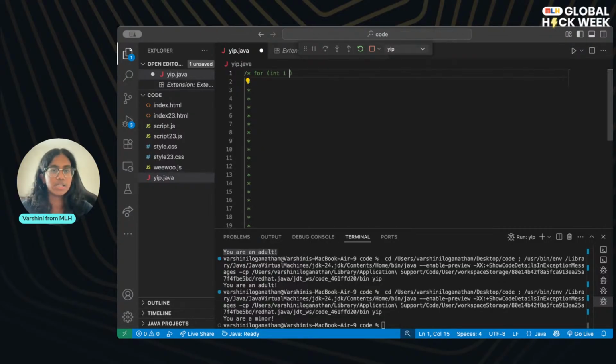So first we're going to declare an integer, and we're going to set it to like 0, for example. And then we're going to declare a condition where the loop will iterate. So I'm going to do i is less than 5. And then I'm going to add another semicolon, and I'm going to do i plus plus. So let me go over what each of these are. So this, you're setting the integer to something. This, you're doing a condition to make sure that the integer is less than something. And here, you're incrementing the integer.